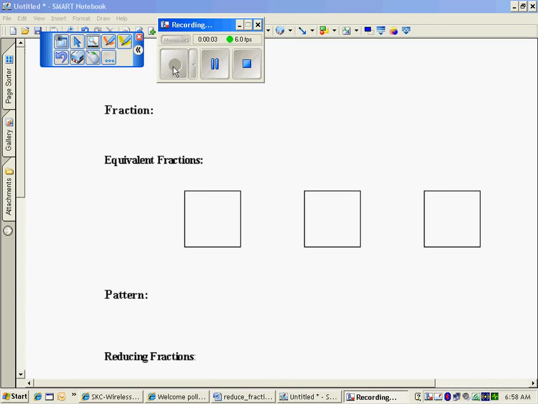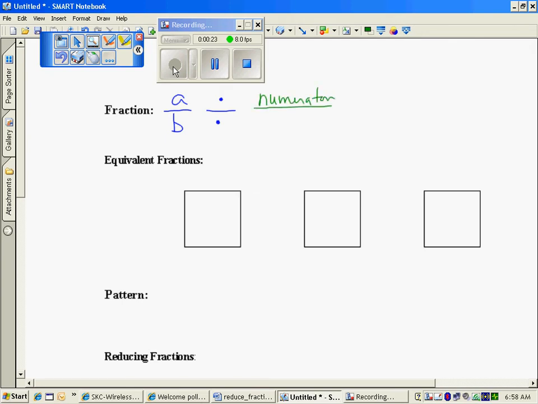Fractions look like A over B. In other words, there's a number divided by another number or value, and you can see the divide sign defining the fraction. A fraction is made up of a numerator and a denominator. The numerator is what we call the part, and the denominator